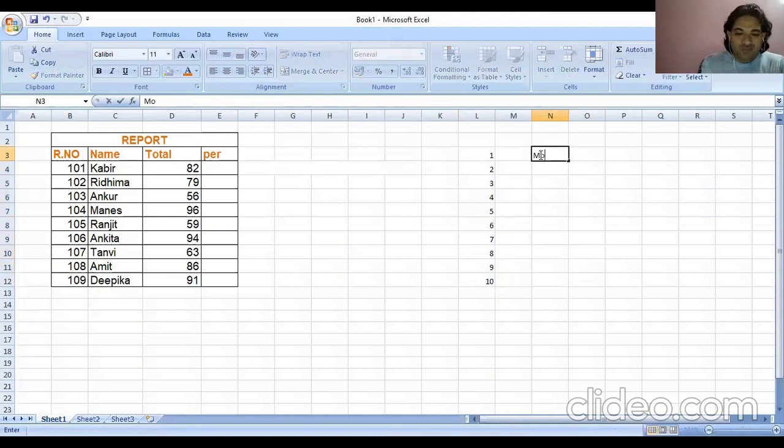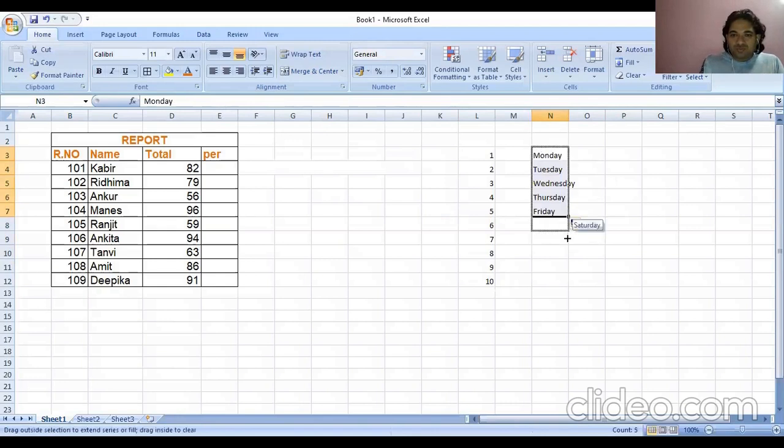Now suppose I'm putting days, Monday, right? Now for the balance, I'll just select it and drag it down. Can you see it is coming automatically? See, this is called autofill.